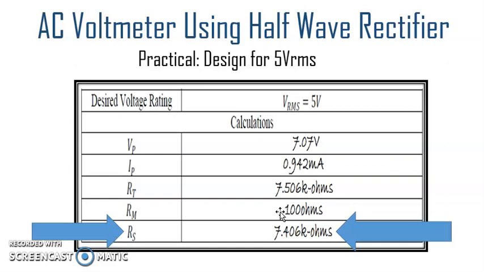This is the IFSD that we have determined in the initial labs of this galvanometer, so this will remain the same. So making use of VRMS equal to 5 volts, RM equal to 100 ohms, and IFSD equal to 0.30 milliampere, we will determine V peak, I peak, RT, and resultantly RS. This RS is of our concern.